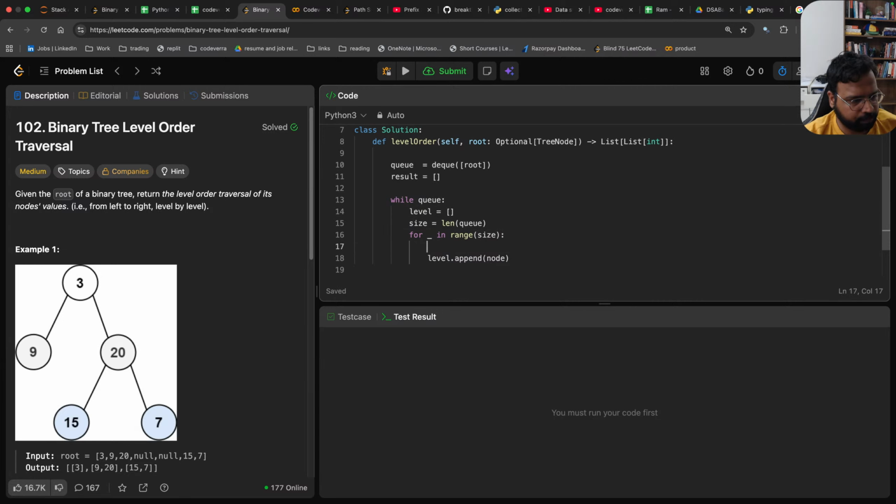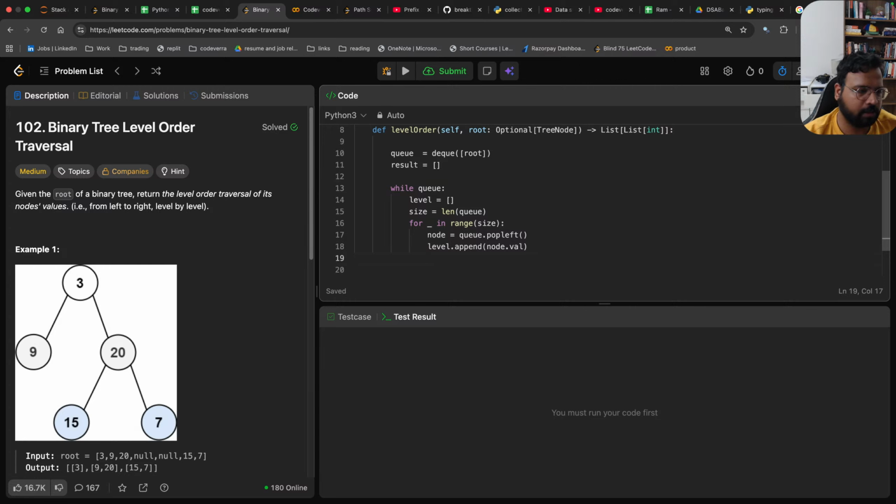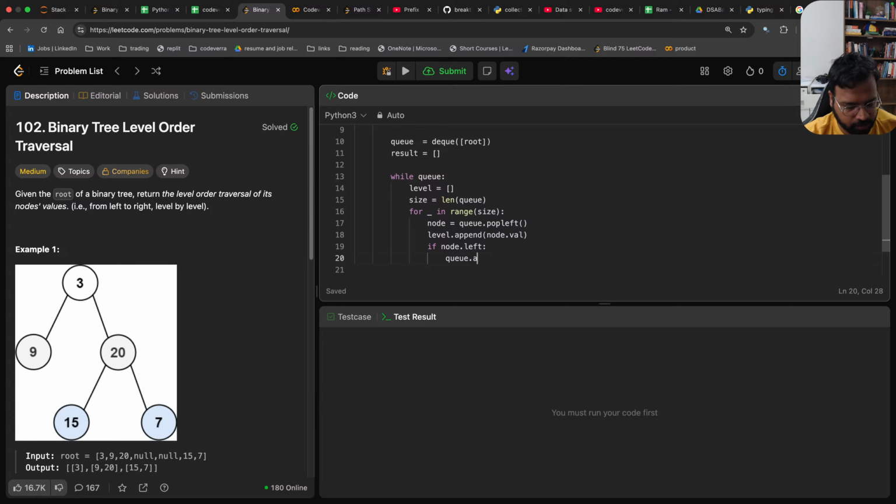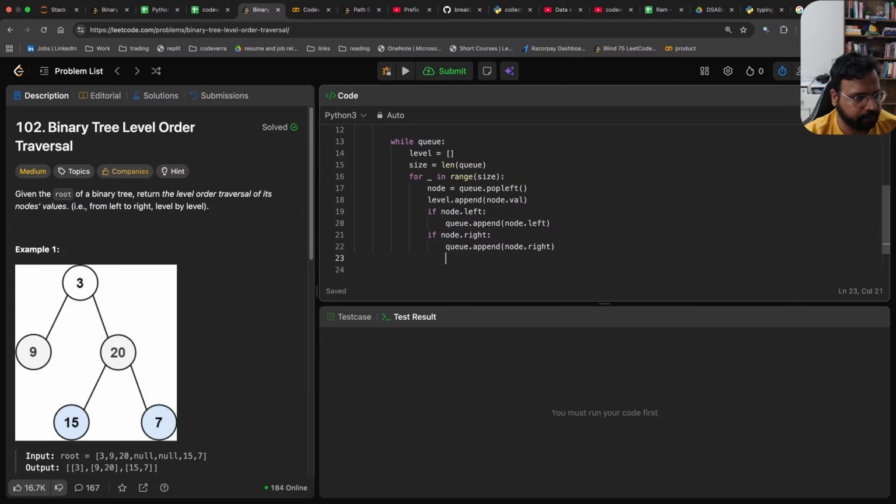We want to pop the node, so we'll say node is equal to queue dot popleft. Then we want to say level dot append node dot val, so we will put the result in the level, and then we want to put the children of the node in the queue. So we'll say if node dot left, then queue dot append node dot left. And if node dot right, then queue dot append node dot right. Once this is done, we want to add everything to the result, so we'll say result dot append